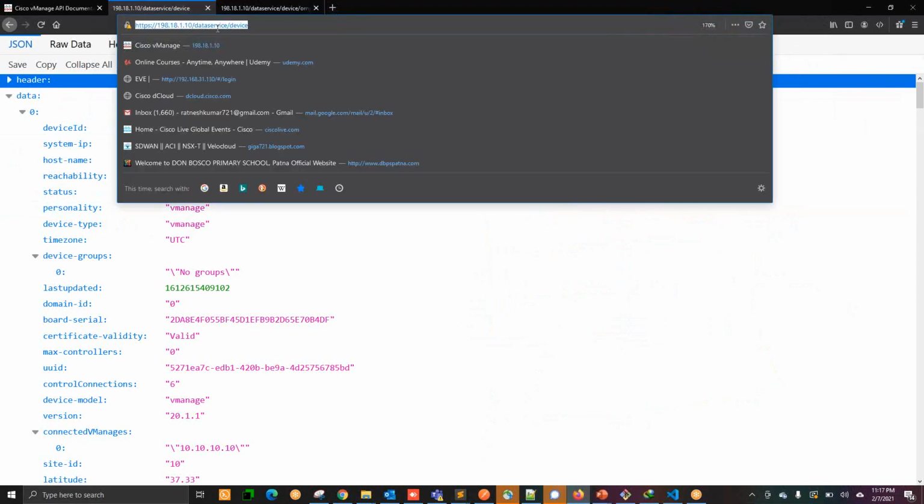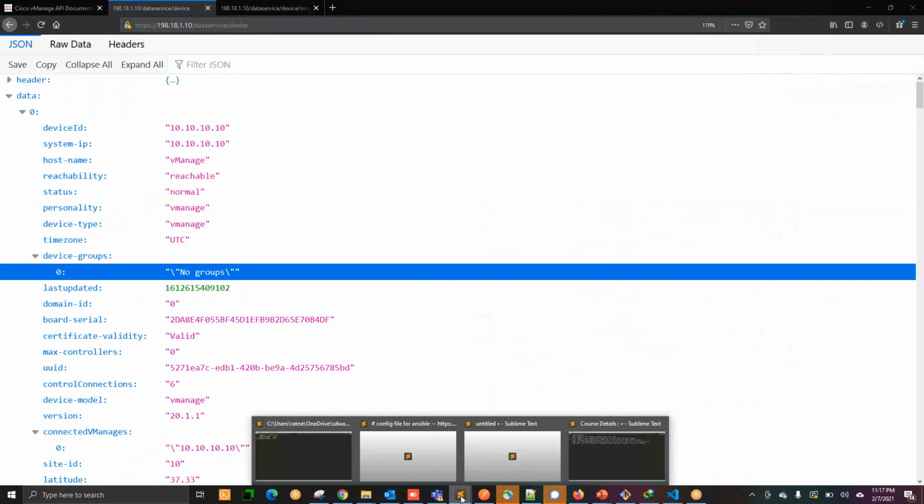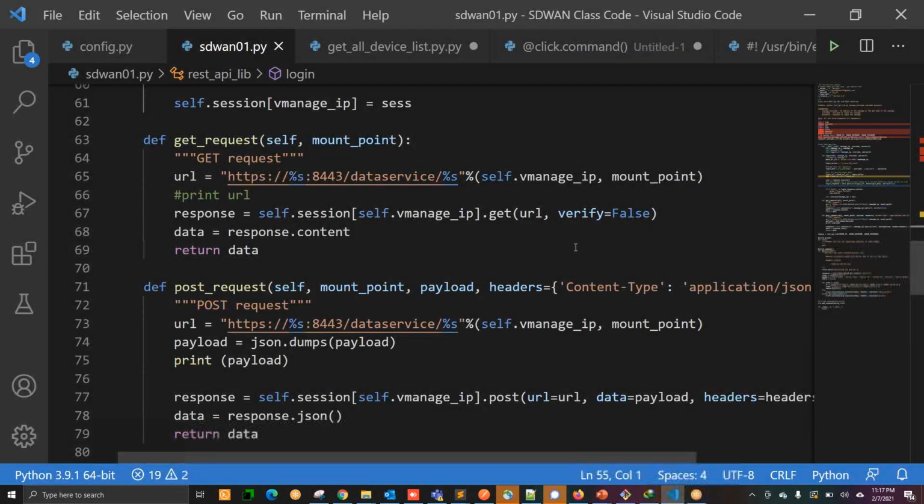Remember, on the top, data services and device, we are understanding our program where we have the Visual Studio. Okay, so your get method up to data services is fed. Now you don't have to give anything. If you want to call the devices, just give devices in your function and it will give you the result.